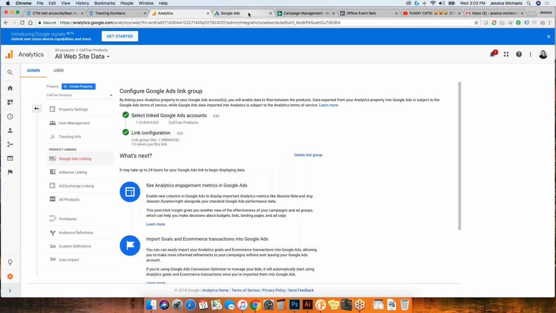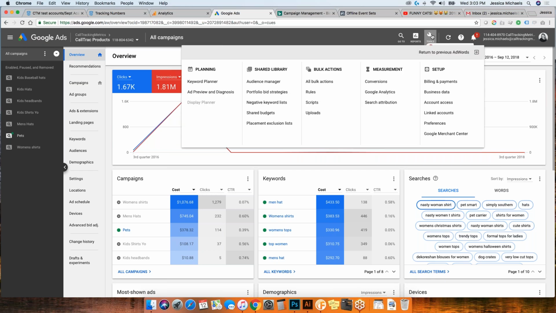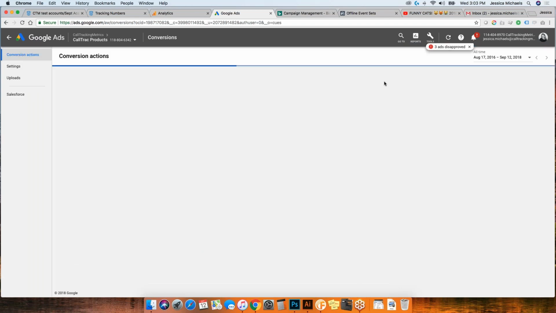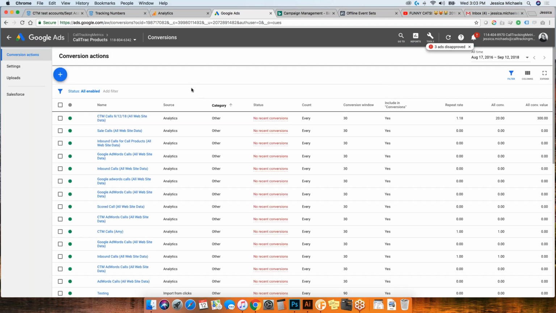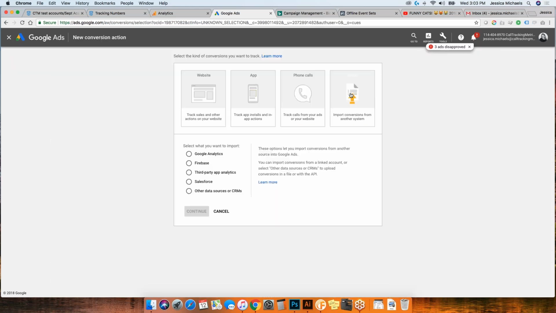So the last step before we take a break is to actually import that goal we created into our new Google Ads experience. So to import a goal from analytics, we would head over to our tools, conversions, and then this one was actually already imported because they were full, but I'll show you how. I should have some other ones that aren't imported.